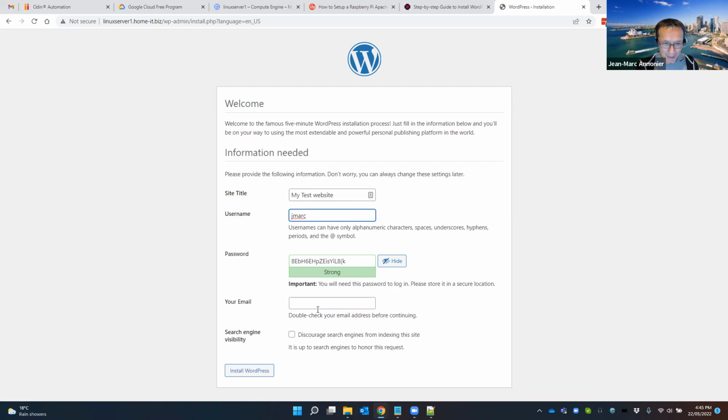So we've set the password. It's important. You need to put some sort of email here. It doesn't really matter. Well, it does matter, but for the sake of the demonstration, I'm just going to put a dummy one here. Gmail.com. And yes, install WordPress.